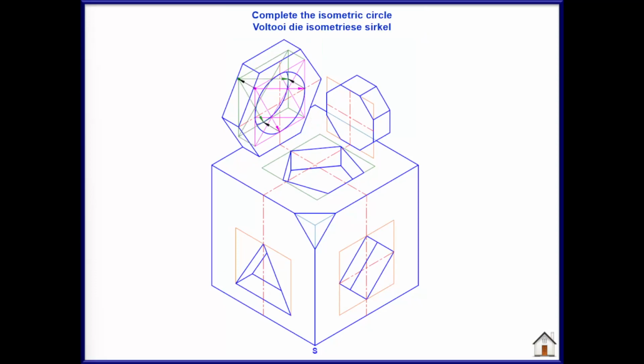The isometric circle also has a thickness of 12 millimeters. You need to project the centers towards the back by 12 millimeters. So for the bigger arc, I will have to project that backwards. Use your radius that you originally used for the bigger arc and draw your circle arc to get the thickness for the isometric circle.